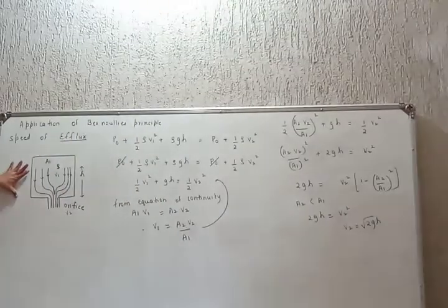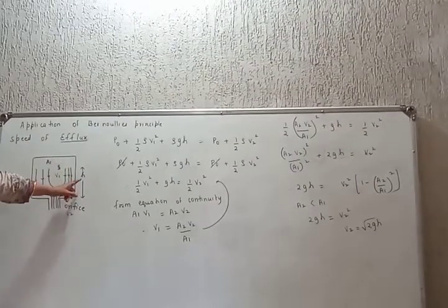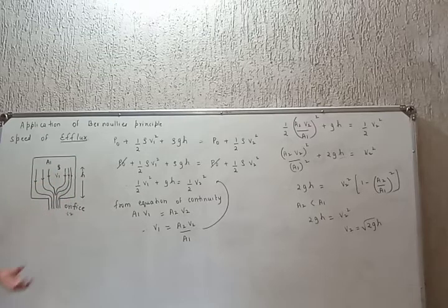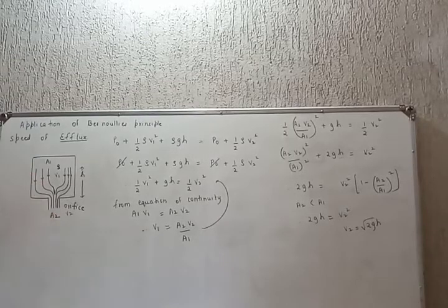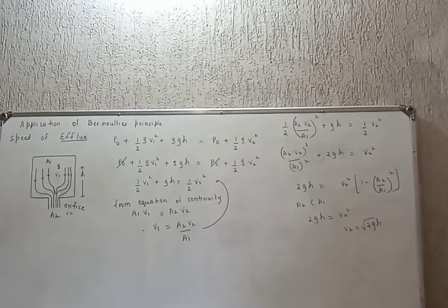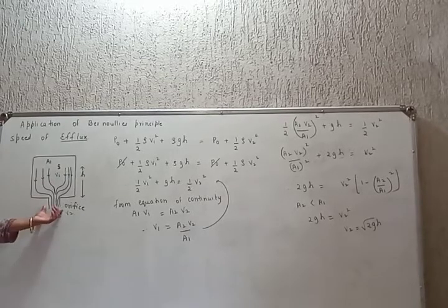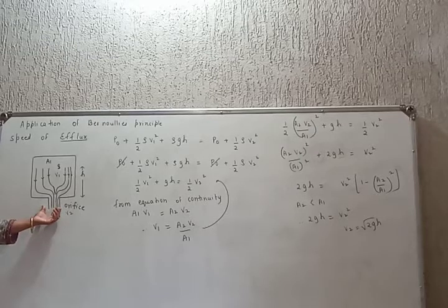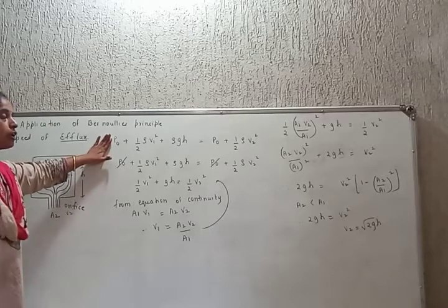Students, this is a tank which is open to air, filled with a fluid of density rho to a height h. This is a small little opening which is called as orifice of cross-sectional area A2. Let V1 be the speed of the efflux inside the tank and V2 the speed outside the tank. Students, तुम्हाला एक point सांगते. As the particles get overcrowded here, overcrowded at the orifice, the speed is very high. Though the speed is very high, the pressure is less. As per the Bernoulli's principle, pressure is less there. That's it. Okay? Use the Bernoulli's principle.